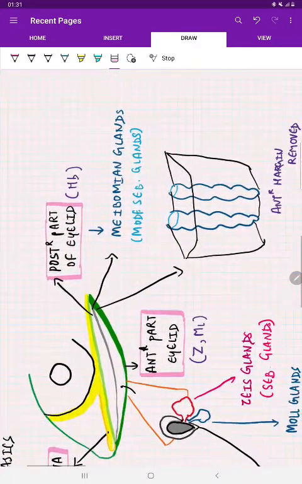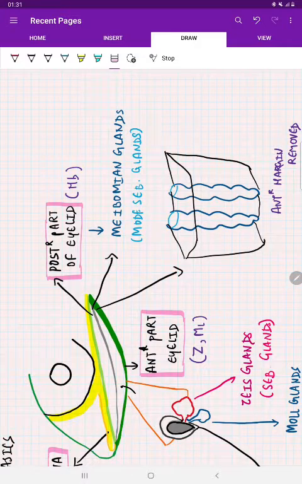Now coming to the posterior part of the eyelid. In the posterior part of the eyelid, there is the meibomian gland. Everyone will remember this. The meibomian gland is also called the tarsal gland, and this gland opens on the posterior part of the eyelid. In this diagram, we are giving an incision on the gray line, removing or reflecting the anterior strip, and we are seeing the tarsal gland like this, just an imaginary diagram.